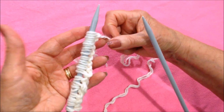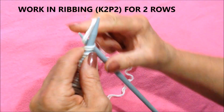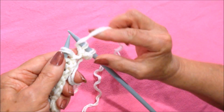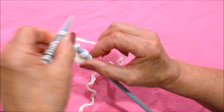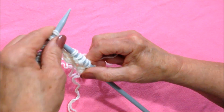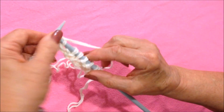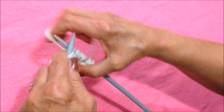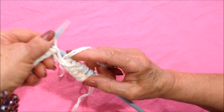Okay, I have my stitches cast on, and for the first 2 rows I'm going to work in ribbing of knit 2, purl 2. So knit 2, I'm going to purl, you bring your yarn over toward you, purl 2. Knit 2, so bring the yarn back over. I'm going to purl 2, so bring the yarn toward you, purl 2, knit 2, and back over, purl 2,